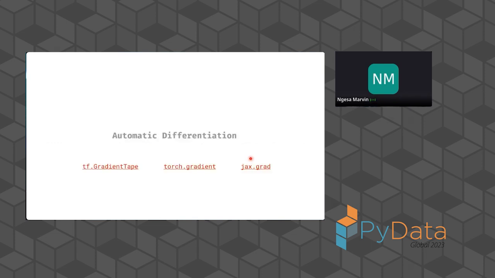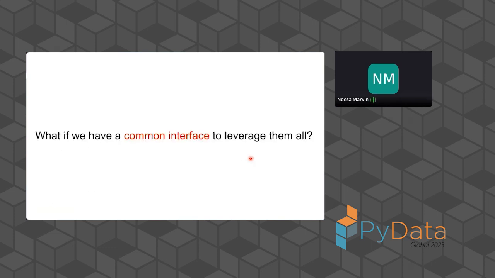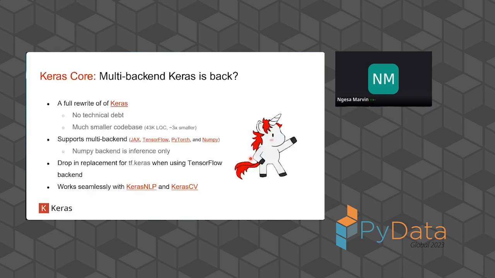So with TensorFlow, you have things like gradient tape that you can use. With things like PyTorch, you have torch.grad. With new tools like JAX, you have jax.grad. And the key question is, what if we have a common interface to leverage all of them? And today we have something called Keras Core or Keras 3. And Keras 3 is ideally a full rewrite of Keras that supports different backends, meaning that today you can